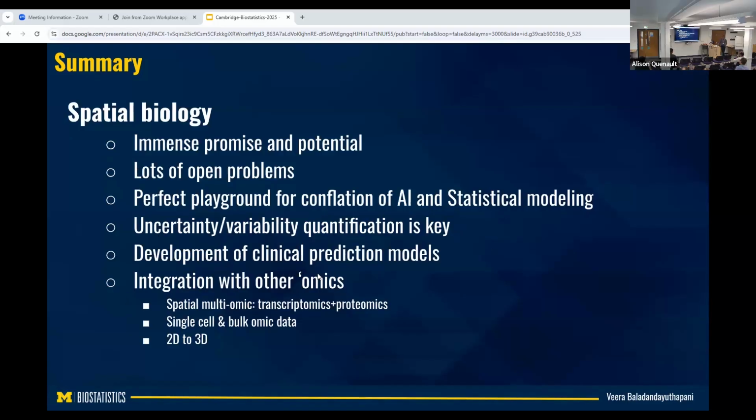And the key is, this is still on the hype curve of spatial technologies. It has to land to make an actual impact, like clinical translation. I think somebody asked me here, where will it finally land up? That's what we are heading towards, at least with the imaging technologies. I can't say the same of spatial transcriptomics. For discovery, it's a fantastic tool. But clinical prediction, that's what it is. And 2D to 3D is very interesting. There are a lot of efforts on mapping the whole atlas of cells in tumors and combining with multi-omics now.